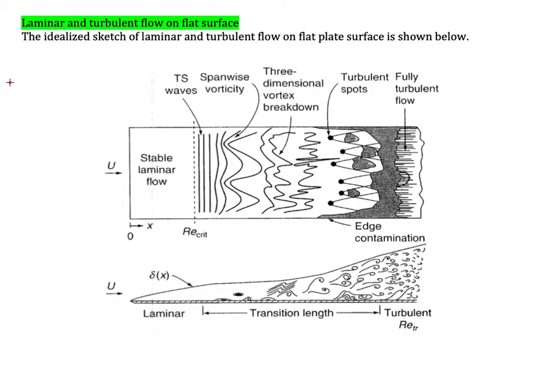This is the laminar and turbulent flow on a flat surface. So this is the ideal sketch. The idea here is, if the flow is laminar, it is usually difficult for us to see any pattern of the flow. For example, if we flow water on a flat surface, normally for laminar flow, we find that the water is crystal clear, and it seems to be see-through